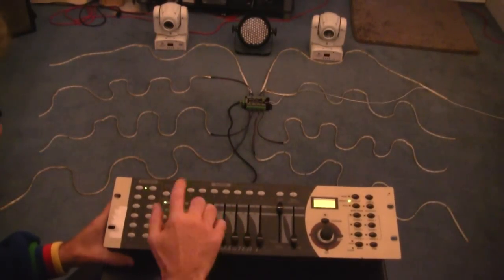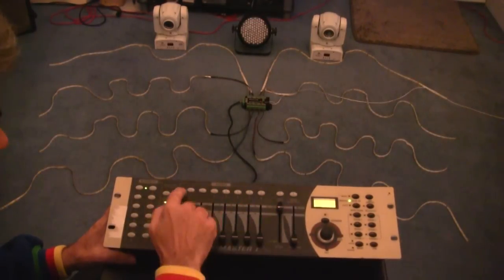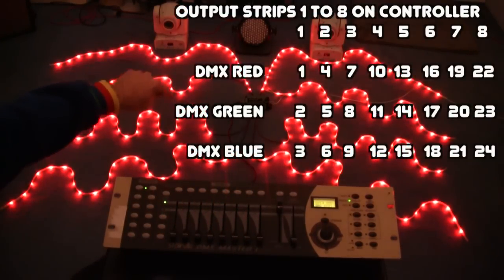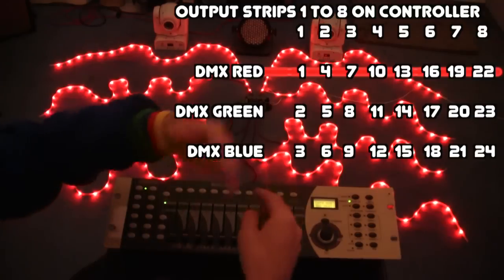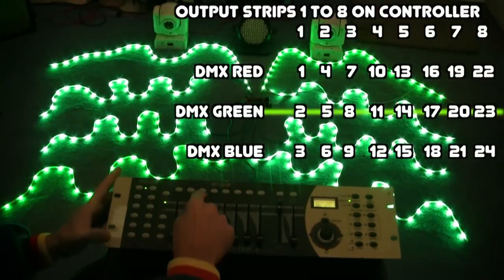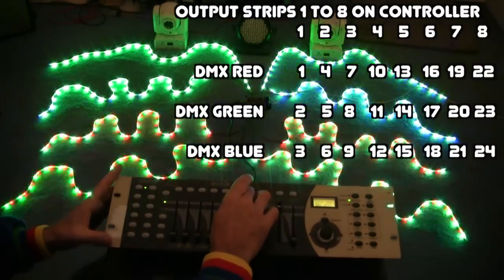Now, this also has scene memories, so for the past half an hour I've been programming scenes in here. So if I press number 1, I've programmed this so that channel 1, channel 4, channel 7, channel 10, it's always in threes, is going to be the red, the red, the red of each one all the way around. Scene 2, change them to green. Scene 3, change them to blue, and then you can do all sorts of variations and things if you've got